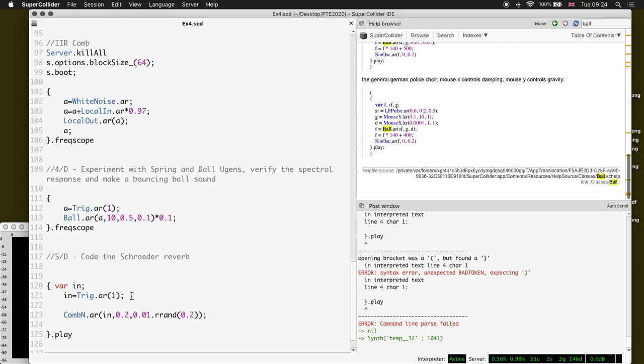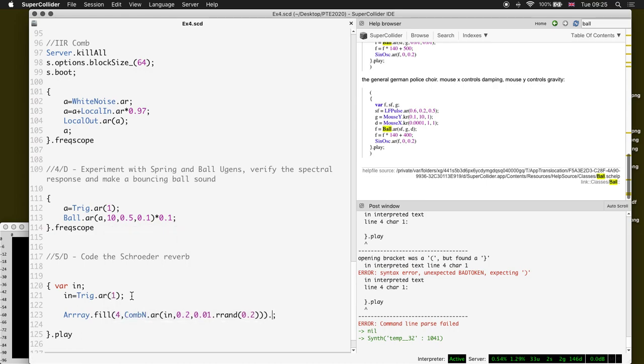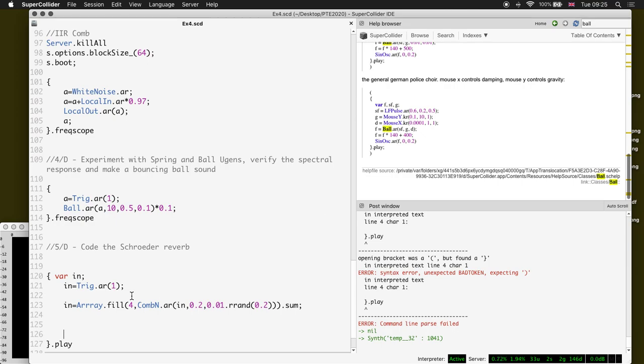That's my comb filter, and then because I want multiple of these, I can fill an array of 4 of these, and then I'm gonna take the sum of those. Okay, so that's my 4 comb filters in parallel, and I will reuse my input variable because in series with this I will do